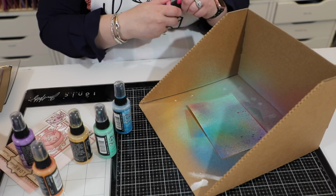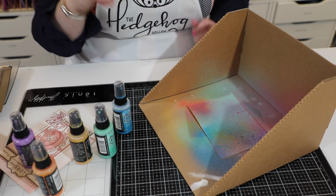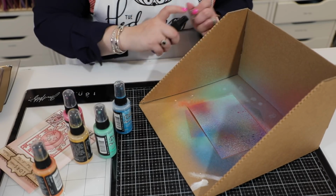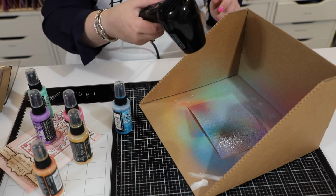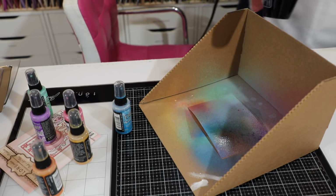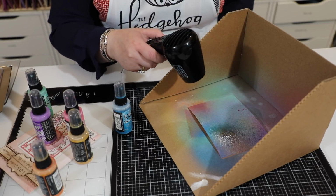I'm going to go back in. I've lost some of my pink. So you can just keep going and layer up colours. So I'm going to know when to stop eventually, like this. So I'm going to give this one last dry, and I'm just going to grab myself a water sprayer from the side. So I have my Nuvo Light Mist bottle here,